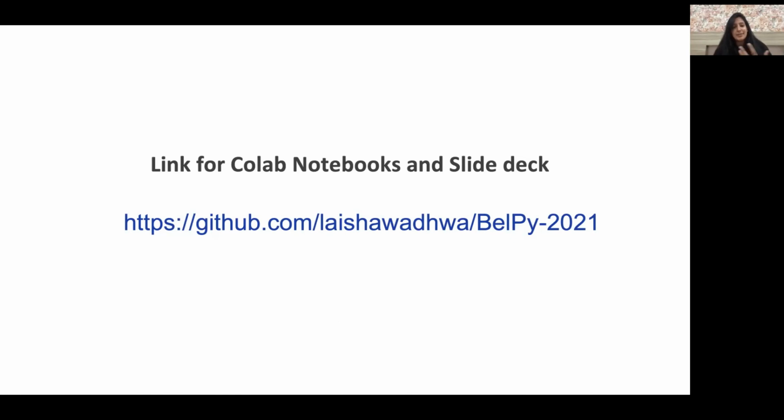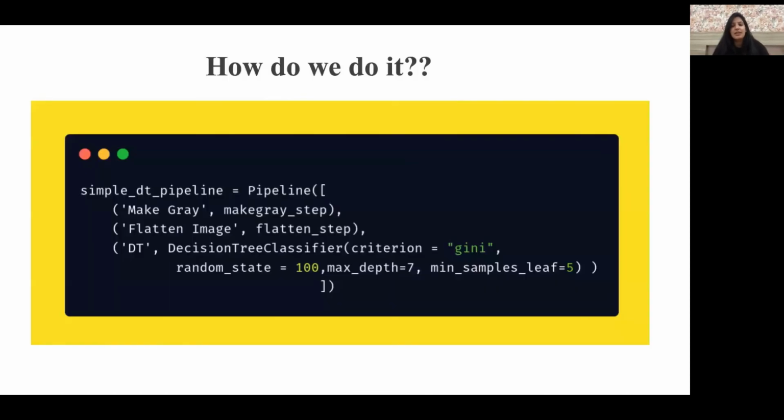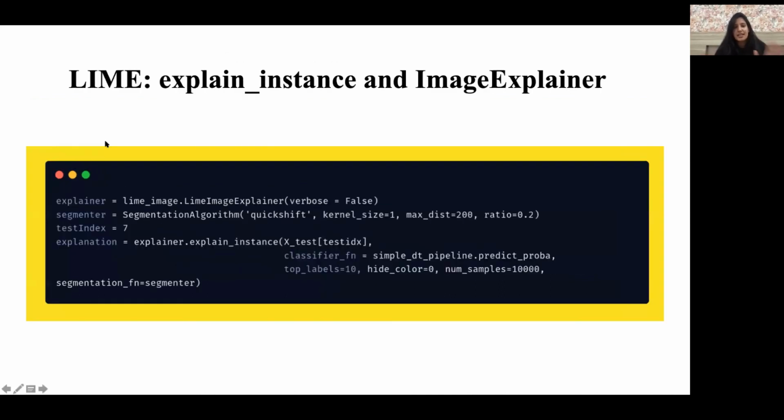I'll be basically explaining how the process is done. You can use possibly any data set on the framework, as there's generalized code provided to you. You can change it according to your preference and data set. So when we are talking about the MNIST data set, what we'll do is first train a model. Let's say we are training a simple decision tree classifier. We make a pipeline for our data. The next thing we want to do is, now that we have a decision tree, we want to explain it.